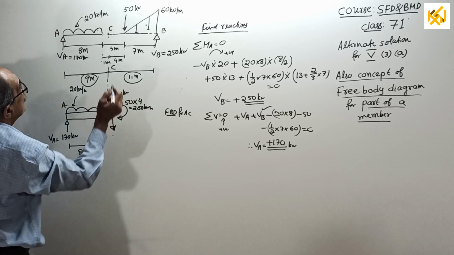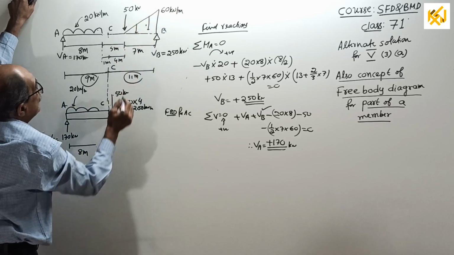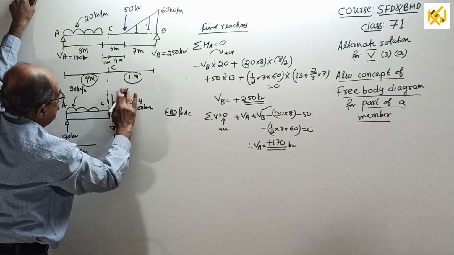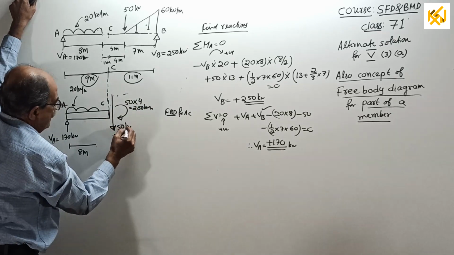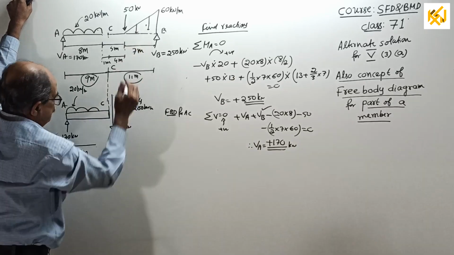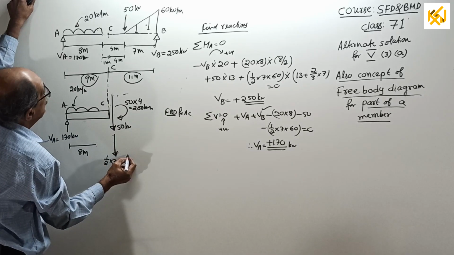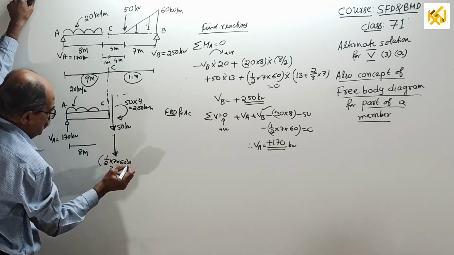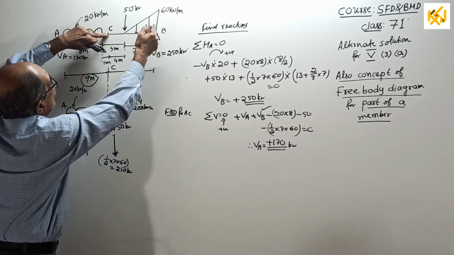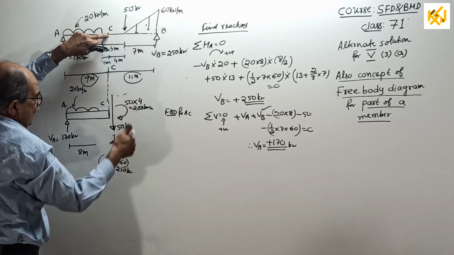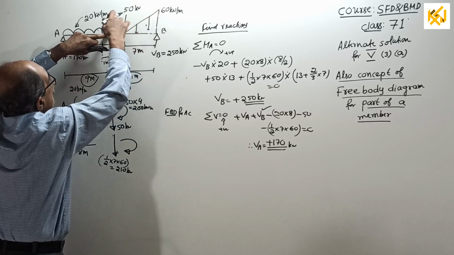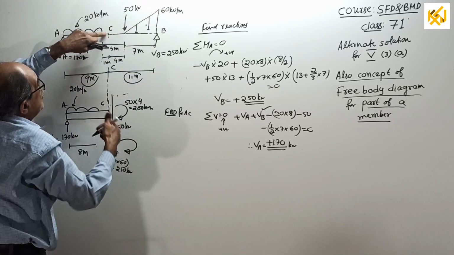Then also further, this 60 load also has to be transferred here. How? Acting down. So one more downward load, I will put 50 here to understand, 50 kN. One more downward load of, how much is it? Half into 7 into 60 is the load, equal to 210 kilonewton. But when you transfer that load here, not only load, along with that a moment will come like this, a couple. The moment of this load, the load is already transferred, it will create a moment also. That couple is